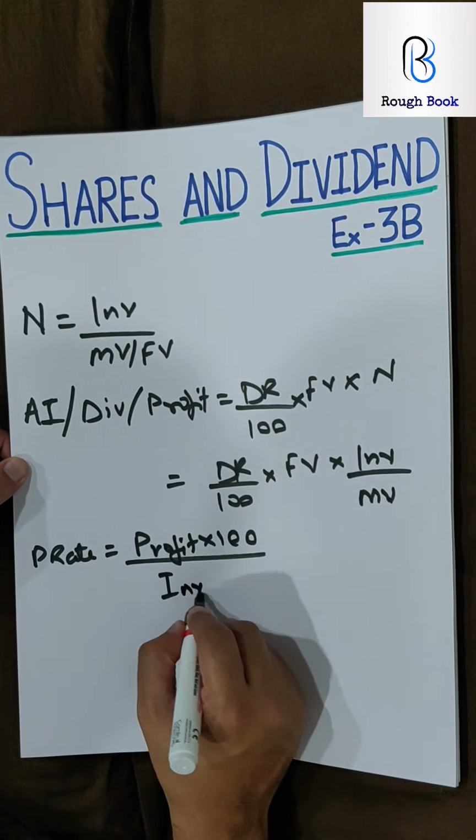100 rupees shares of a company are available in the market at a premium of 20 rupees. So 100 rupees becomes your face value. Available in the market at a premium of 20. So the premium, we know you need to add, becomes 120. Further, find the rate of dividend given by the company when a man's return is 15%.